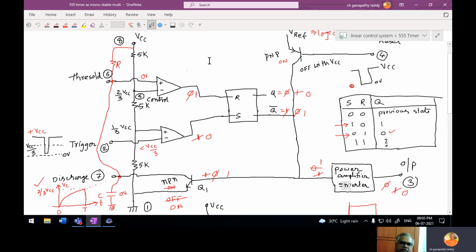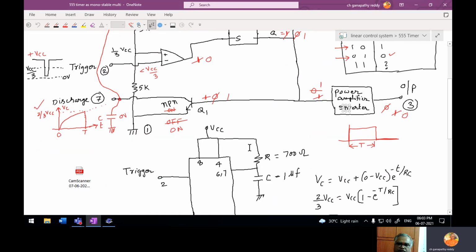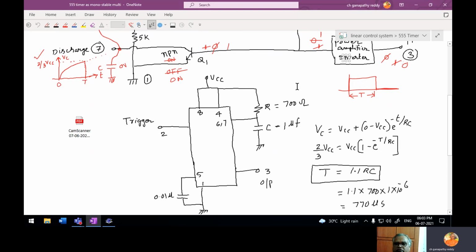This is for the viva. Explain how the 555 timer is working like a monostable. Why is it called a 555 timer? 5K, 5K, 5K: three equal parts. That's why it's called a 555 timer. We have 2 comparators and one SR flip-flop. So individually you should know how it is working. Remember the overall circuit diagram to answer the viva. But to perform the experiment, you need to remember this. So with this, I am closing.